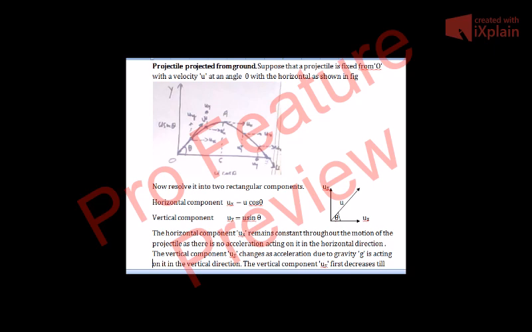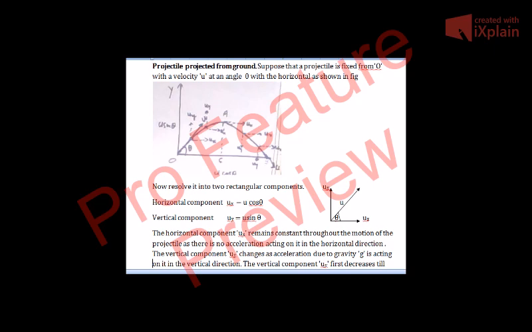Today I am again with another class for class 11th, and hopefully this will be the last topic of this chapter, that is kinematics. And our today's topic is projectile thrown from a ground. Yesterday we discussed a projectile when it was thrown from the top of the tower. So today we have to sit on the ground and throw it into air. So today's topic is projectile projected or thrown from the ground.